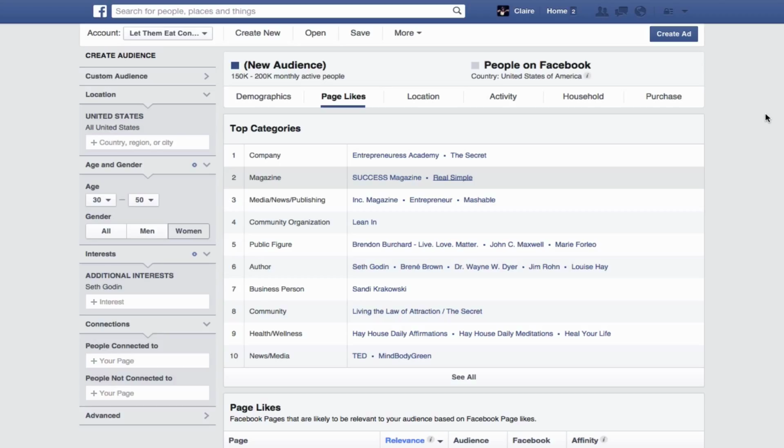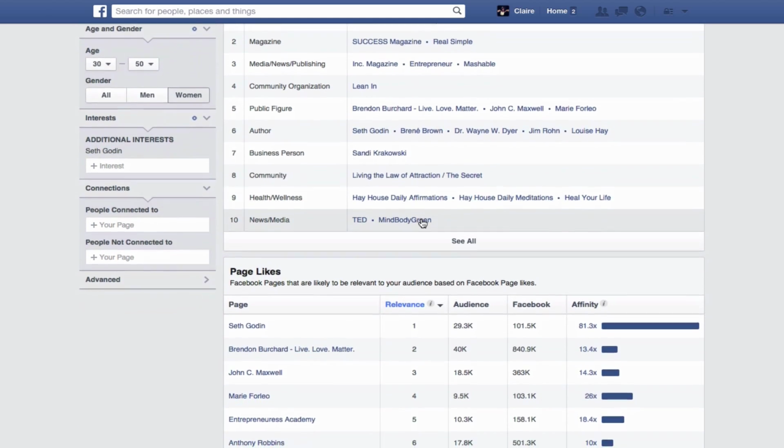As you know, when you target really popular interests like Brendon Burchard and Seth Godin, Marie Forleo, your ads can cost a lot of money because of the sheer fact that everyone's targeting them. So that drives up the cost of your impressions. So the idea here, in addition to finding more interests for you to target, is also to hopefully find some less expensive interests that still make sense for your Facebook ads.